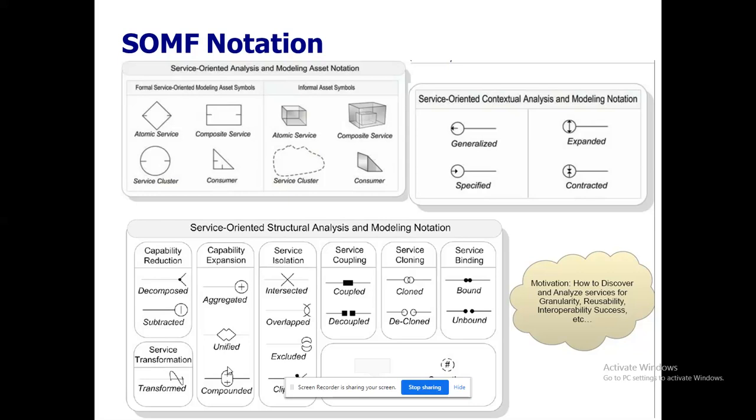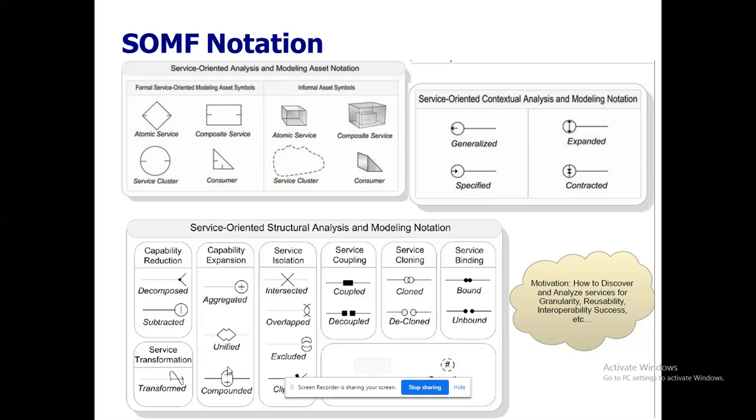It talks about the visibility of the corresponding services, and that visibility can be classified into three categories: coupling, cloning, and binding. All these talk about the attachment of services with the environment, very specifically the external environment. So how is this service going to be coupled with the external environment, and in what place do I have to decouple it? Couple means joining.